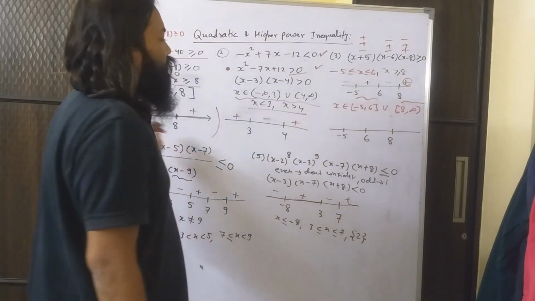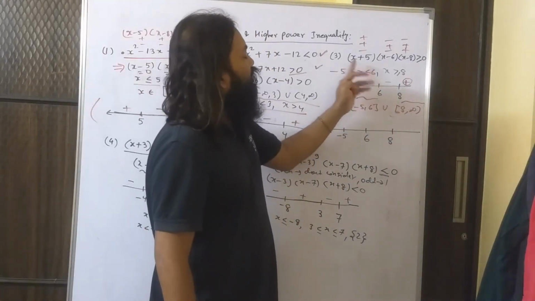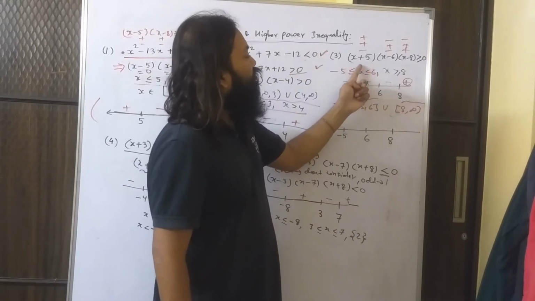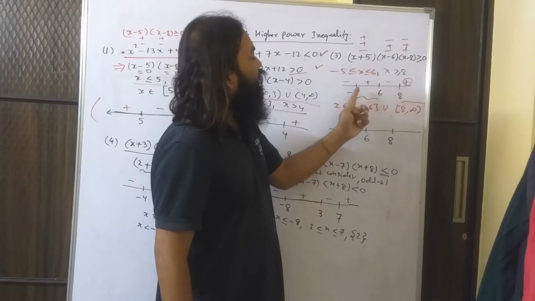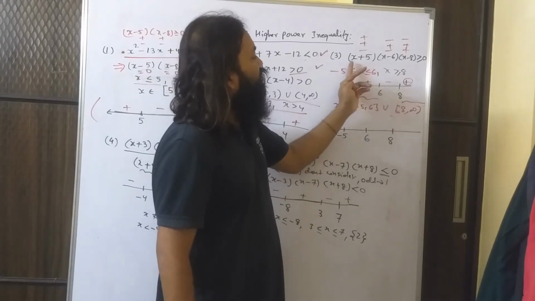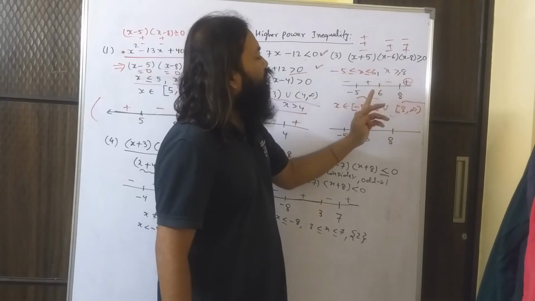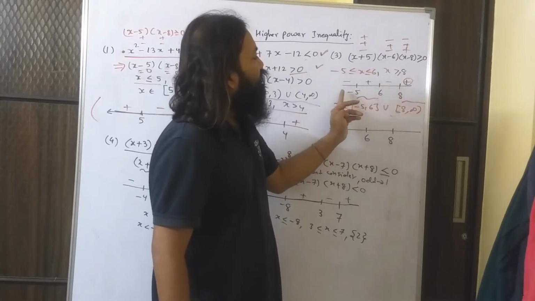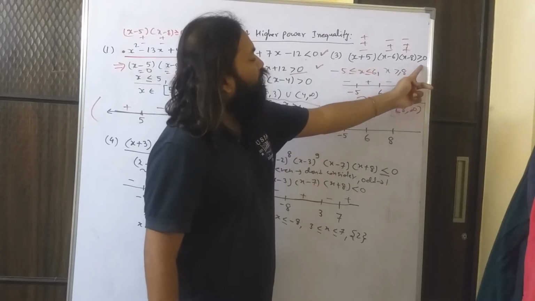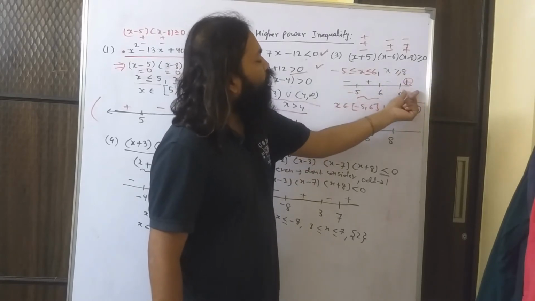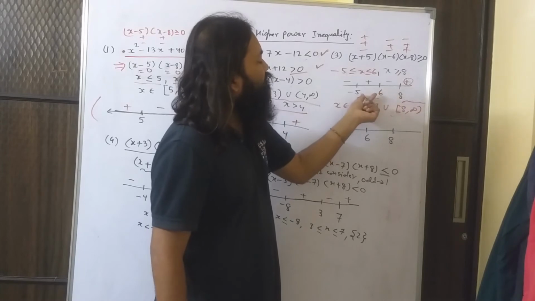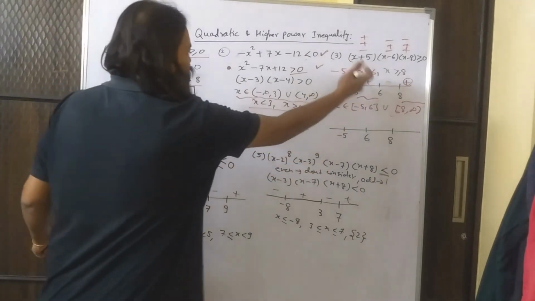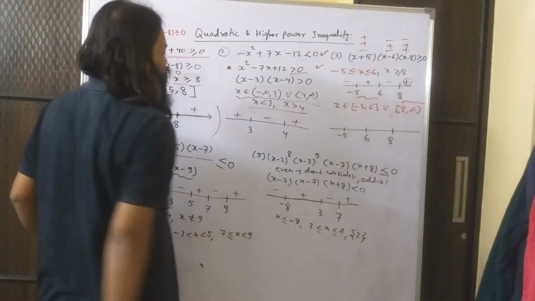So the idea is very simple. Whether it is 2 brackets or 3 brackets, whether it is quadratic or cubic, equate everything to 0. So -5, 6 and 8 are the important numbers, and because everything is plus, plus, plus, all the x terms, you can start with plus, minus, plus, minus. Now depending on the question, we want greater than or equal to 0, so we want x more than or equal to 8, and between minus 5 and 6, and you can get your answer. Be careful in this part. Just do it properly, but the method will be the same.